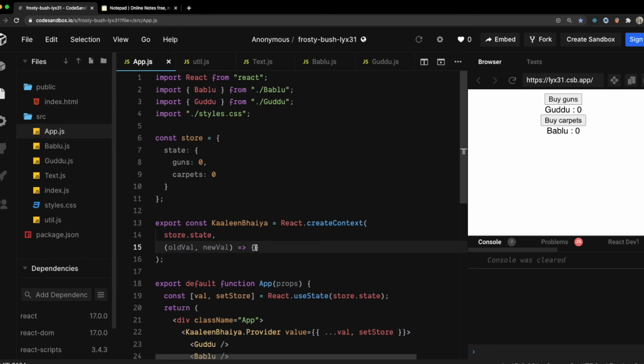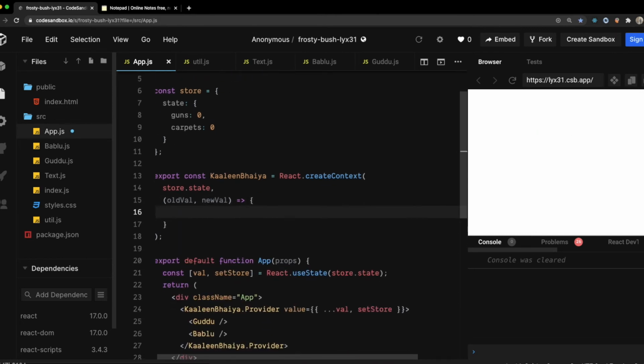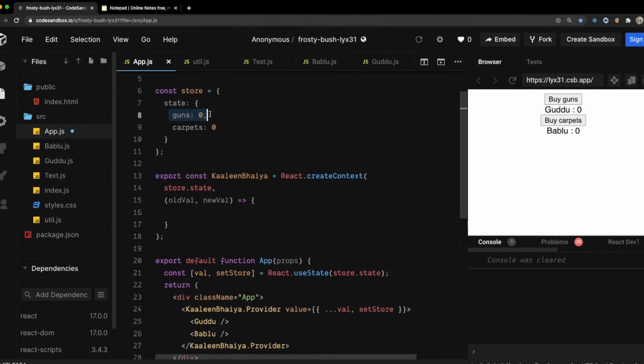Now I can use this function to do various types of calculations, to check whether in my new and old values the guns are changing, or the carpets are changing, or actually nothing is changing, and return something based on that. What we are going to return is a binary number. We'll see why we are calling it a bit masking concept.